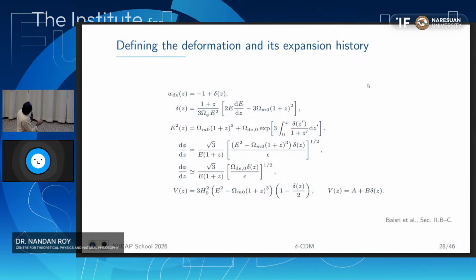this approximation here, and we consider that this term could be considered as a constant, because this is the very current epoch. It's dominated by the dark energy, and this term is not evolving very fast. So we can consider at late time this term to be constant, proportional to this, and then you can put it back into the scalar potential, and you will get the potential looking like this.